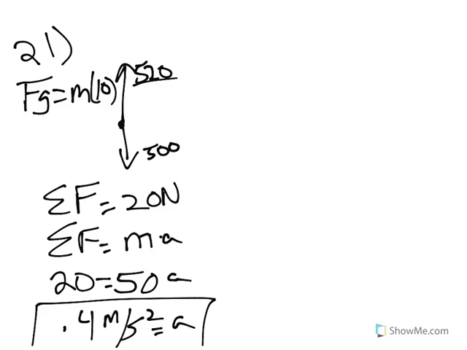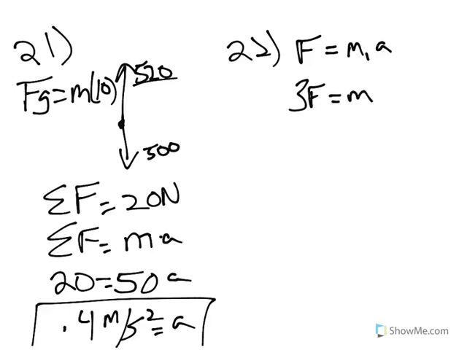Number 22, the net force F causes M1 to accelerate at a rate A. So F equals M1 times A. And we know that 3F causes M2 to accelerate at 2A. And we want to know the relationship between the two masses. So what we're going to do is solve both of them for M. So for M1, I get F over A equals M1. For M2, I get 3F